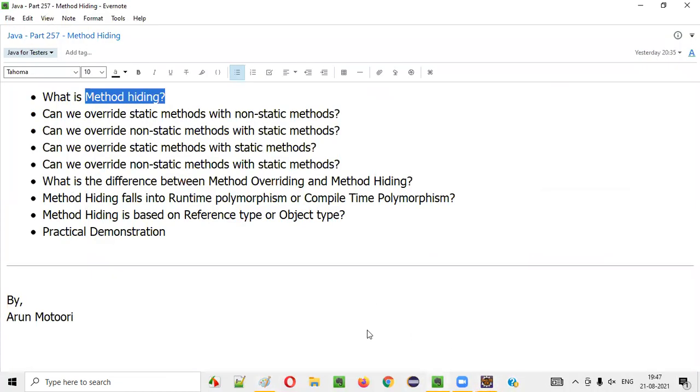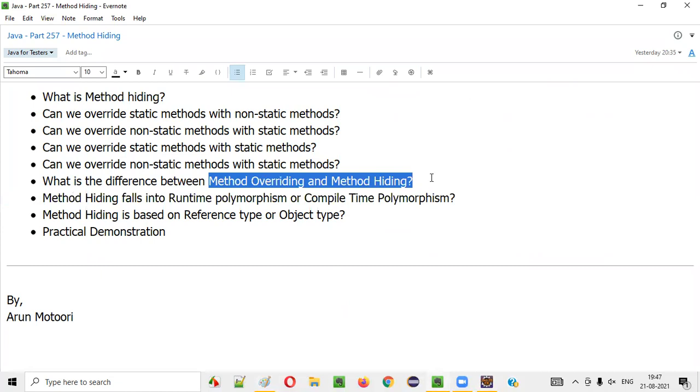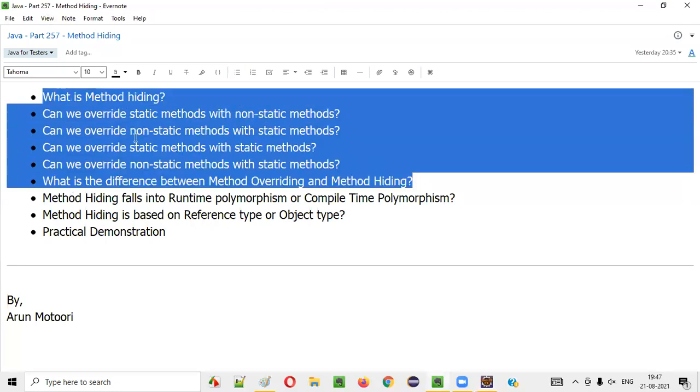Okay, you understood all the differences between the method overriding and method hiding. What exactly is method overriding and what is method hiding? In case of static methods, having the same static methods in the parent and child, it's method hiding, guys. Having non-static methods with the same name in the parent and child, that is method overriding, guys. Okay. And also, you know which methods will be called. Here methods will be called based on the object creation statements, whereas here methods will be called based on the class which is declaring that particular variable. Okay. Class declaration here, object creation here. Fine. Now you have understood all these questions. You got the answer for all these questions.